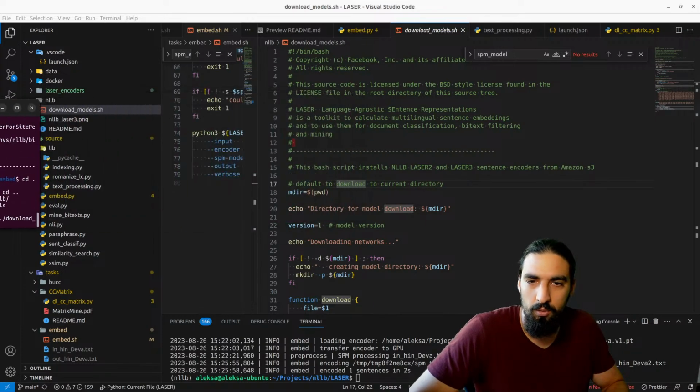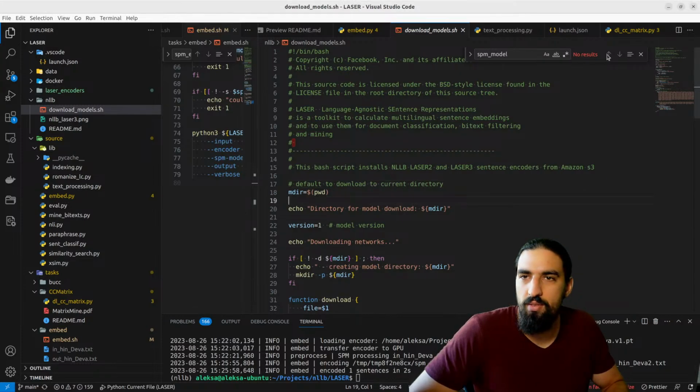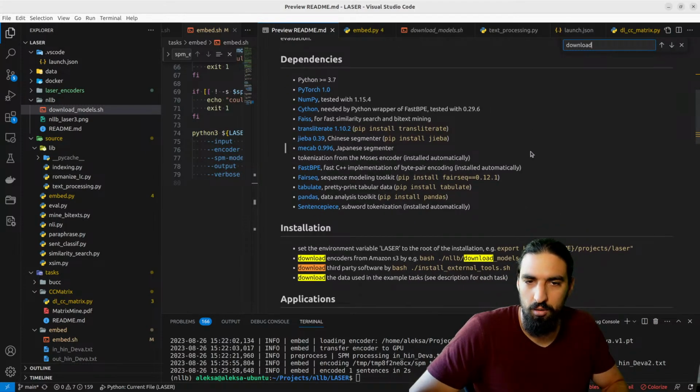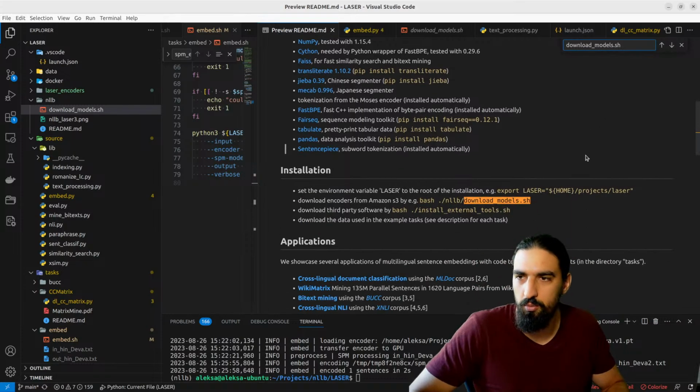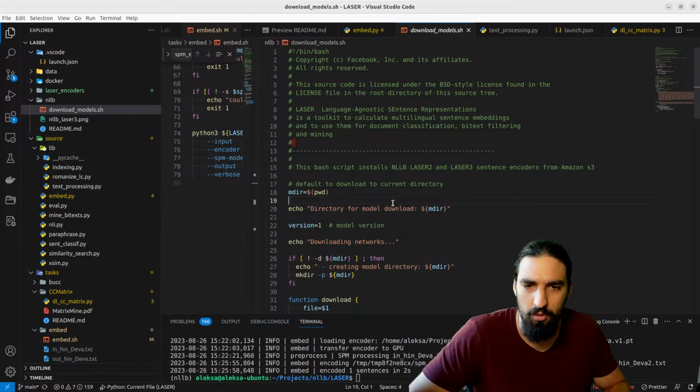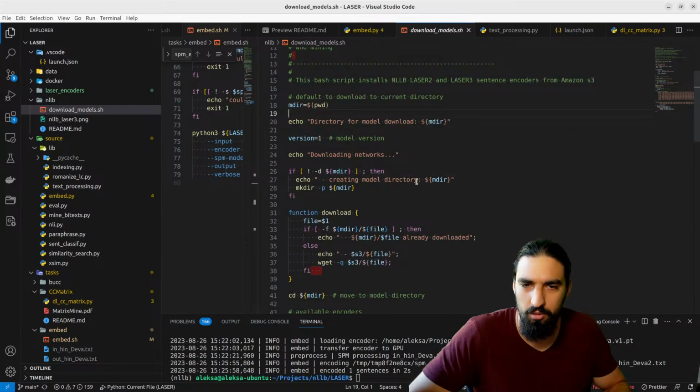We want to download everything for English language. Let's see how. Download models. There is no user instruction here. I already forgot how I'm supposed to be using it. Yeah, I think we just need to pass in